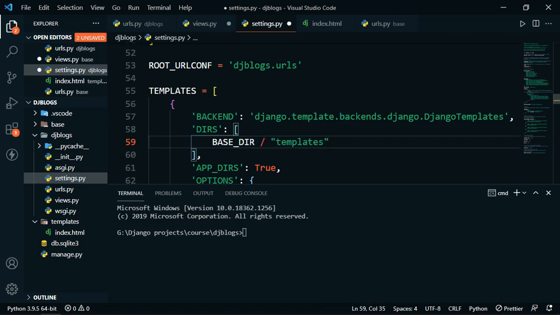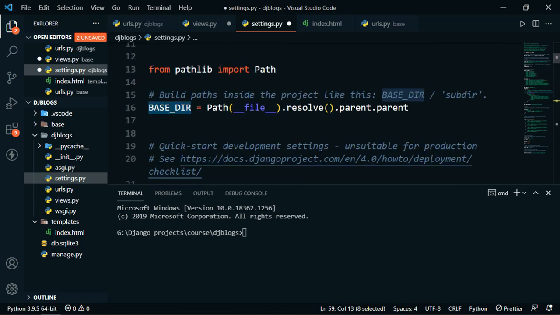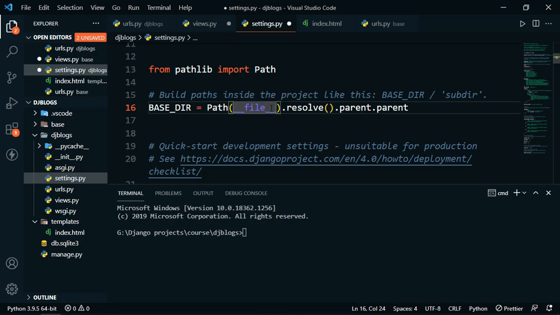Now you might be thinking where this base_dir is coming from. So in the top you can see this base_dir is defined here. Basically this base_dir variable contains path of our main directory. Now let's save this, and I will close this file,